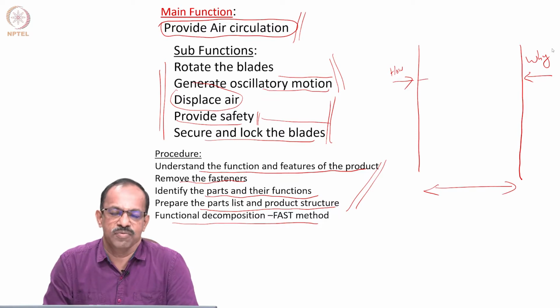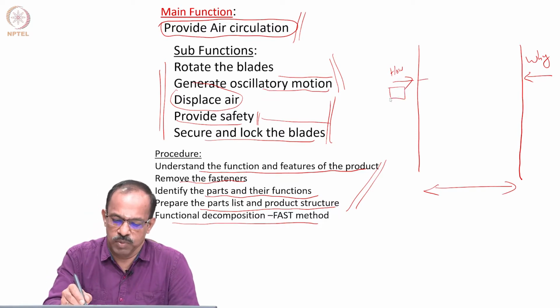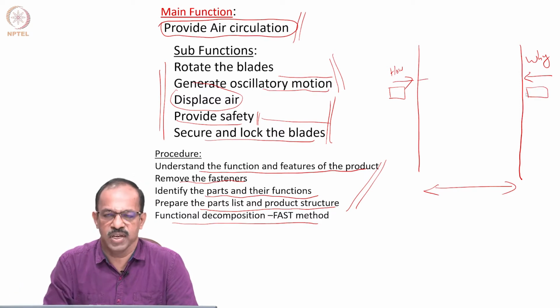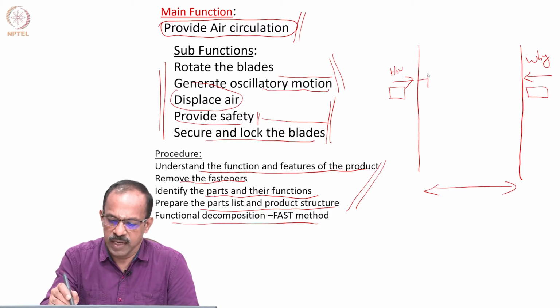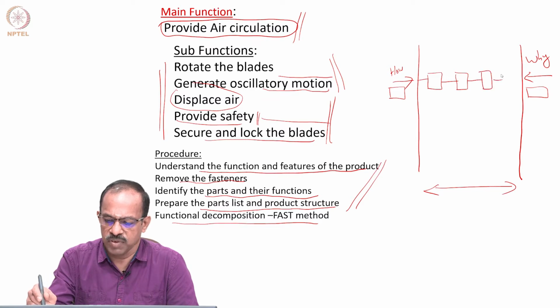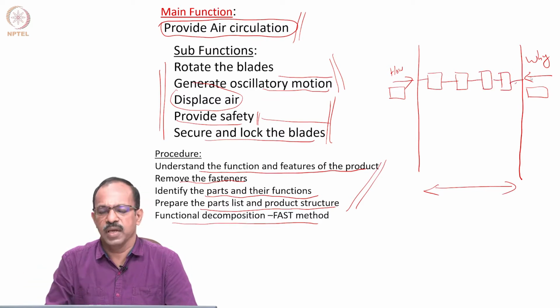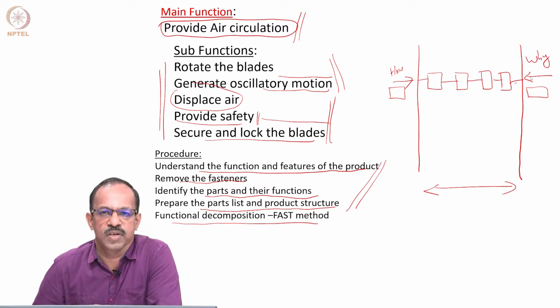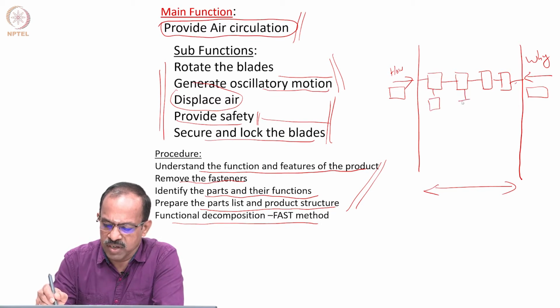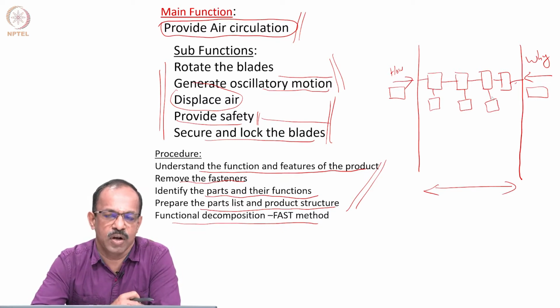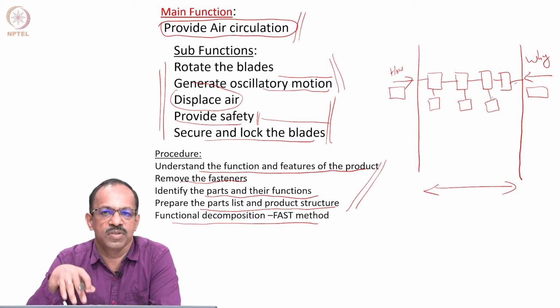If you know the main function, or the assumed functions outside on both sides, then we look at this and start asking questions, and try to identify the critical path function. When you answer these questions, you will get the critical path functions, and therefore you will be able to get all the main functions associated with this critical path. And then for each one of these, you will identify additional functions. For example, if you say rotate blades, you need to know how to assemble the blade, how to fasten the blade, and how to protect the user. All those things come as sub-functions.